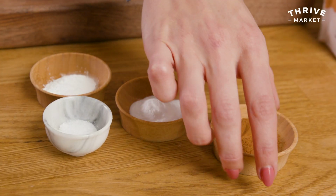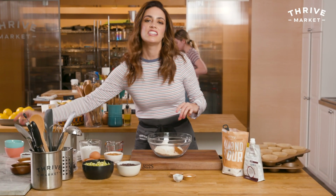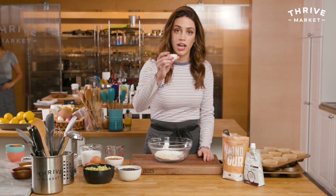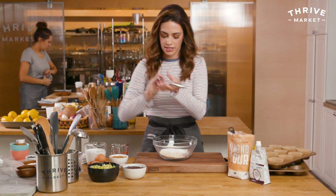And then I'm adding cinnamon, baking soda, and baking powder, because I want that lift, I want that rise, I want these to be nice and light and fluffy. I'm also adding a pinch of fine sea salt. Whisk this together. I think muffins are a great thing to make if you want to learn how to bake,